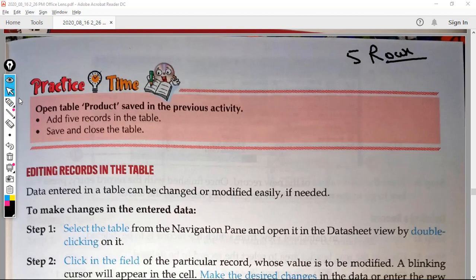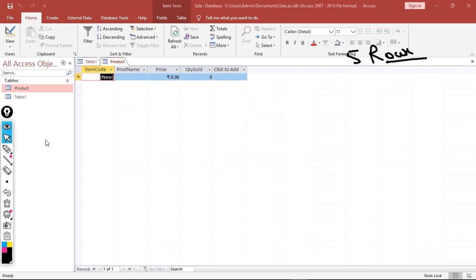So quickly switch to our application first. So here we are back in our application. So now what we have to do, because we have to fill 5 rows here, I will quickly start writing the values. Suppose in the product name we are writing our first product as motherboard. That's a computer component. Board.